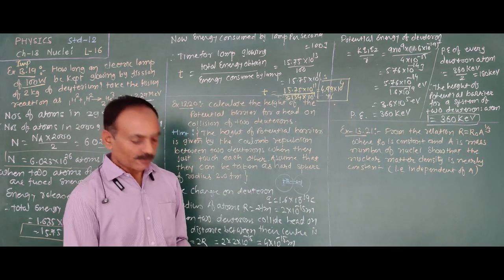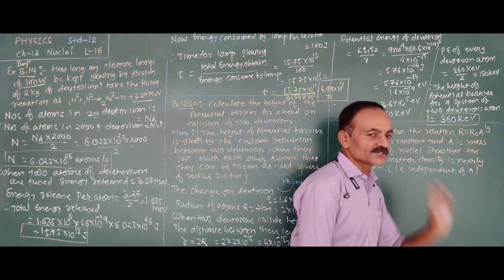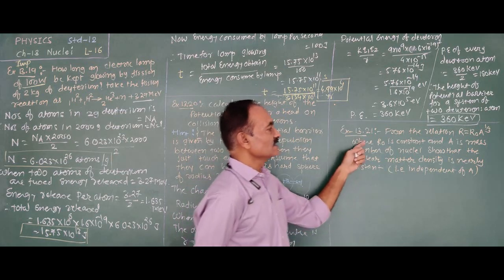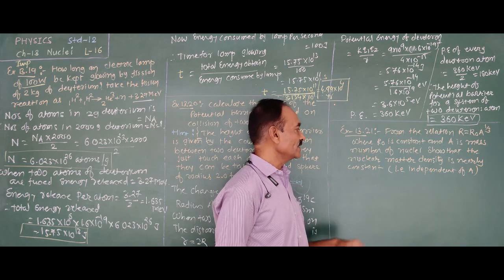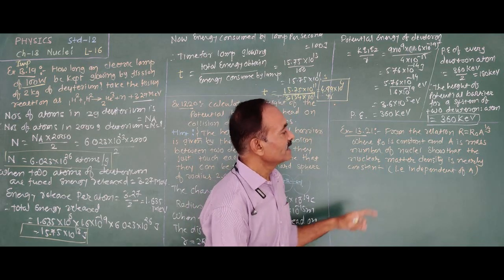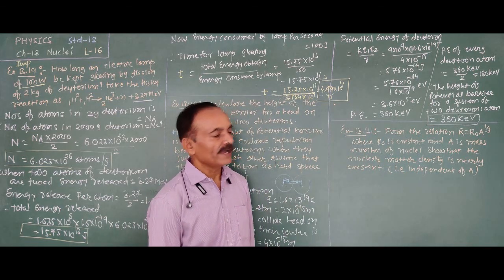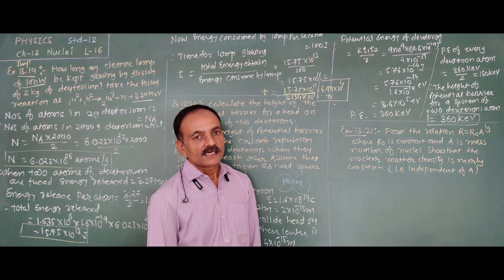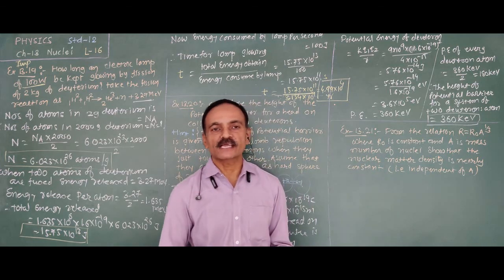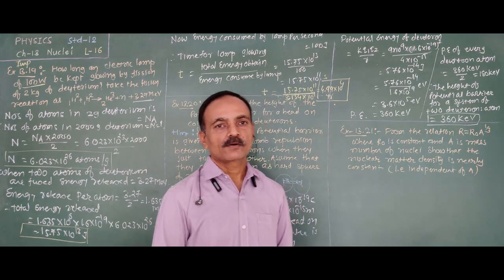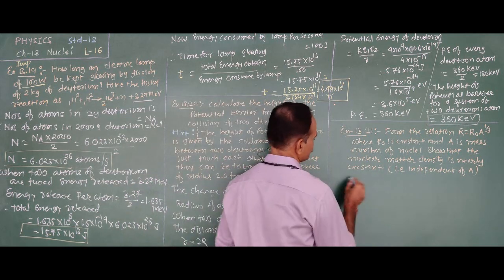Now, the last numerical of the exercise of this chapter. From the relation R is equal to R0 A to the power 1/3, where R0 is a constant and A is the mass number of the nuclei, show that the nuclear matter density is nearly constant, that means independent of A. In short, we have to prove that the density of the nuclei does not depend on the atomic mass number A. Clear? For that purpose,